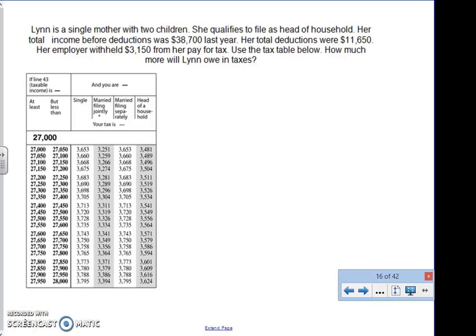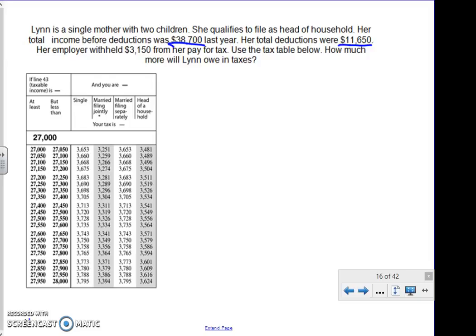Going ahead and starting with number 16 on this video, going through the Financial Math 2 final exam review. It says Lynn is a single mother with 2 children. She qualifies as head of household. Her total income before deductions was $38,700. Her total deductions were